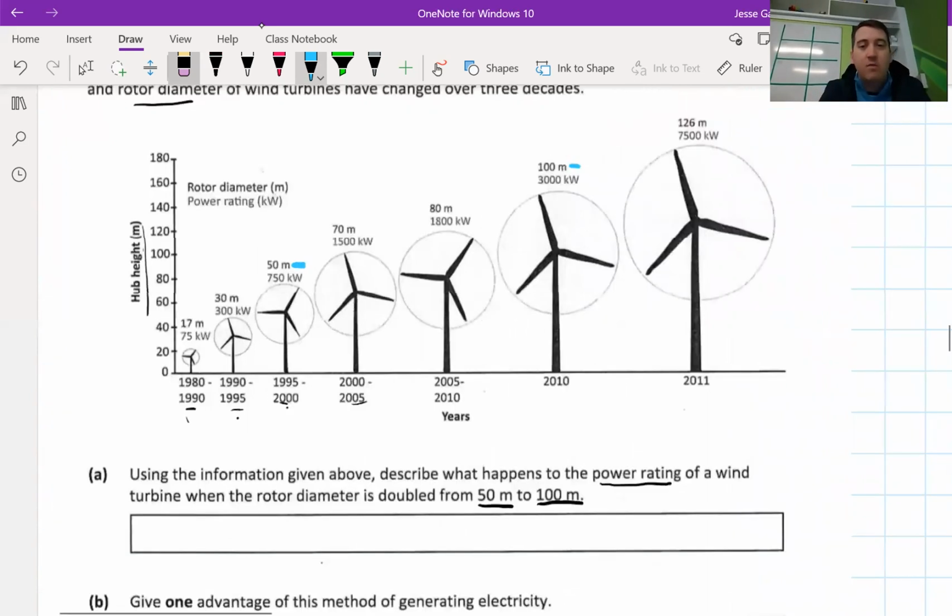What we're going to do now is zoom in on the power rating. The power rating is measured in kilowatts. Here you can see 750, and here you can see 3,000. So what you had to do is,